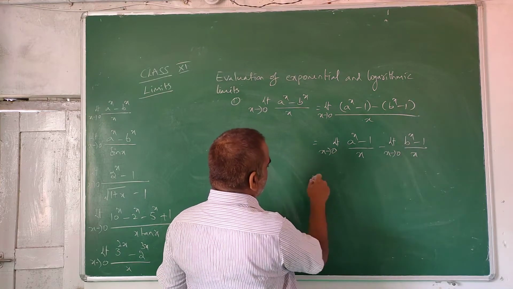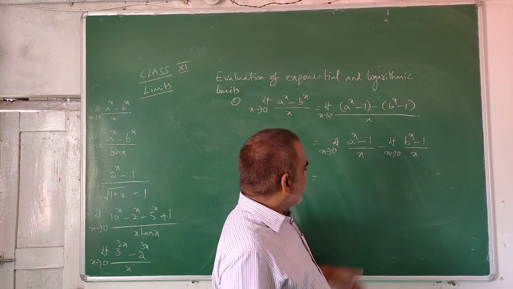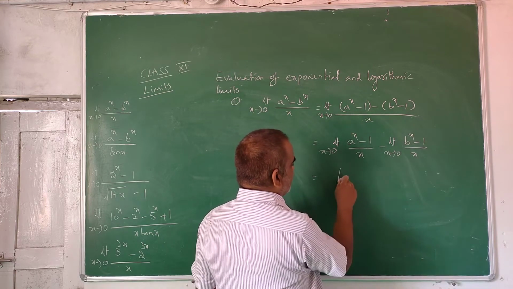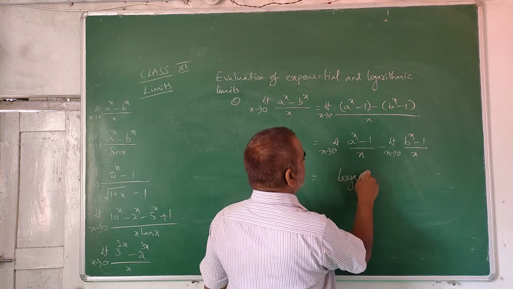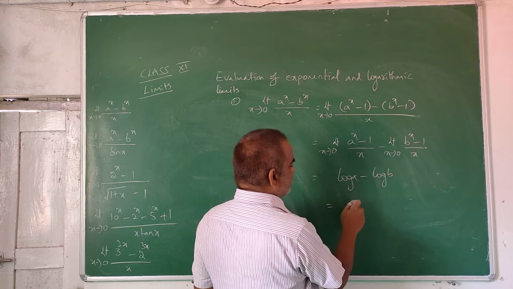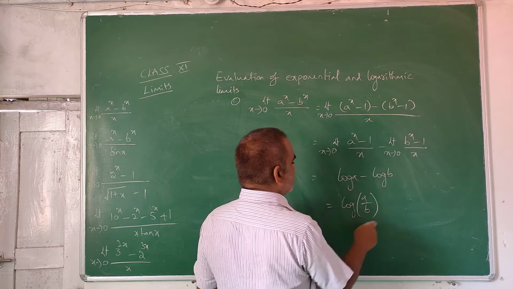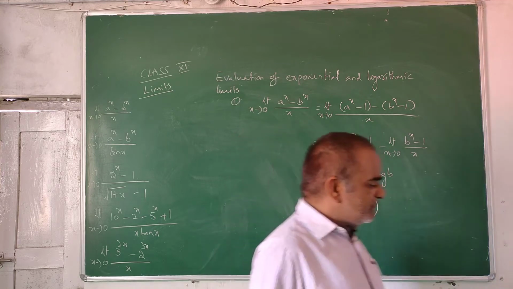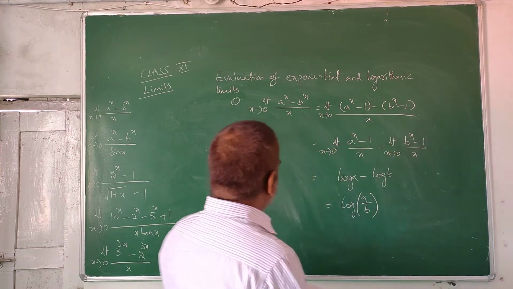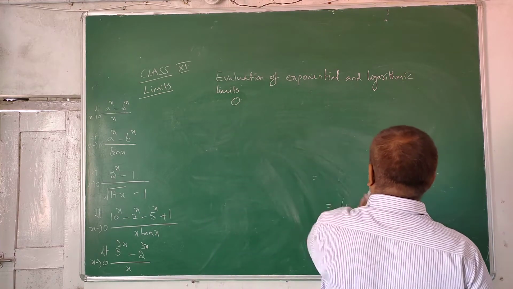And already I have given the list of some standard limits, okay. In this, a^x minus 1 by x, this limit is log a and that limit is log b. So which is log a minus log b. Log m minus log n is log of m by n. So it results as log of a by b. So it is the answer for the first question. So our next question is